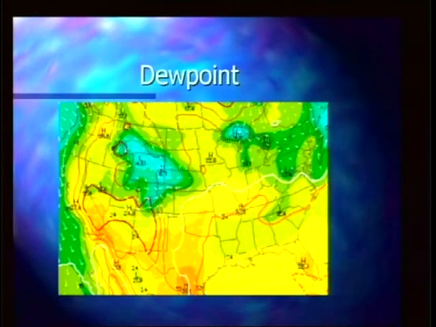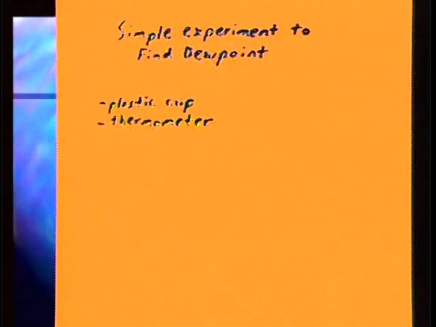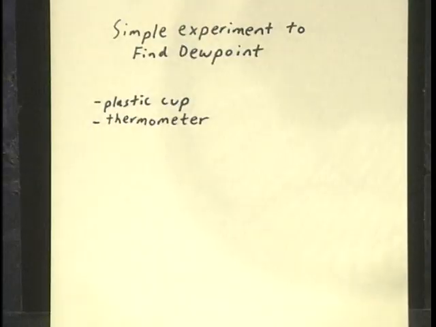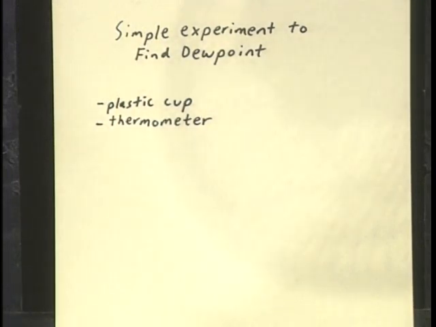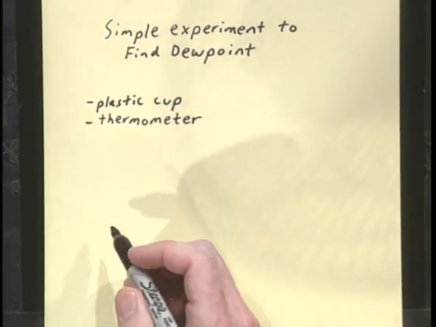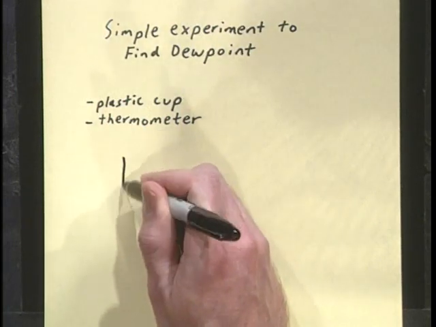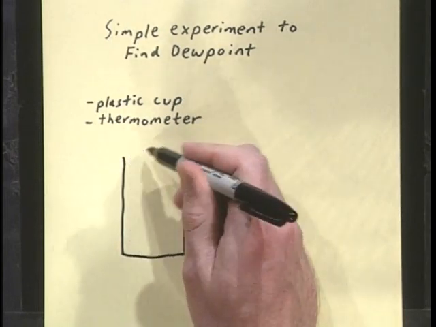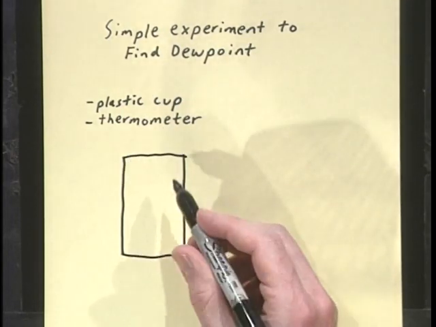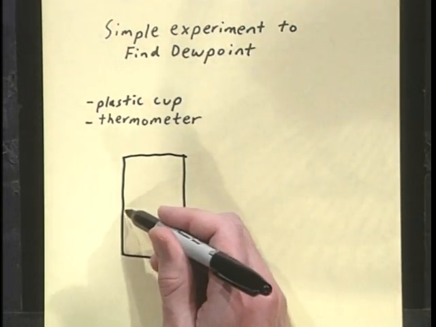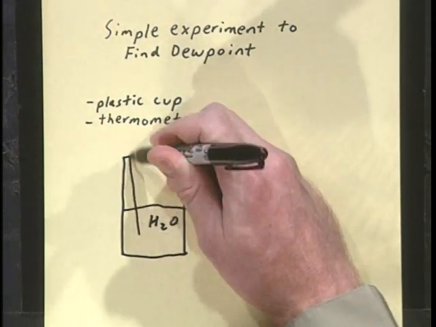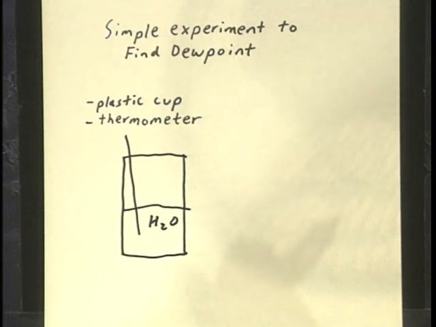Look at the overhead camera, and I'll show you a simple experiment that you can perform to find what the dew point value is. The materials that you're going to need are a plastic cup and a thermometer. So we'll start off by diagramming our cup here, and you want to fill this plastic cup. A metal cup will work well also, metal or plastic. Fill it about halfway with water, and then submerge the thermometer into that cup. And the water that's in here will